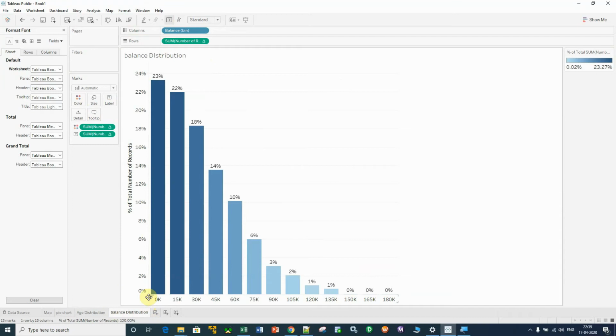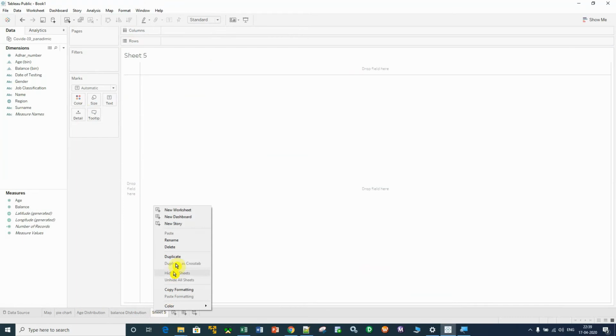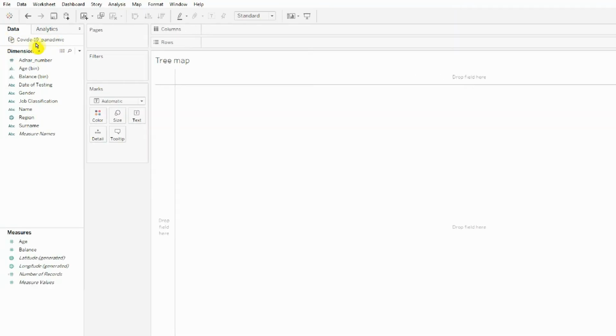Now what is the next thing we are going to create? We are going to create a tree map. OK. So click here in the chart, rename it first, tree map. Let me explain what a tree map is. A tree map also gives you the percentage values or the numeric values, showing how you are going to create distributions. In this tree map we are going to distribute the people onto the job classification. If you want to see the data available in the job classification, let me zoom in, this is your source.